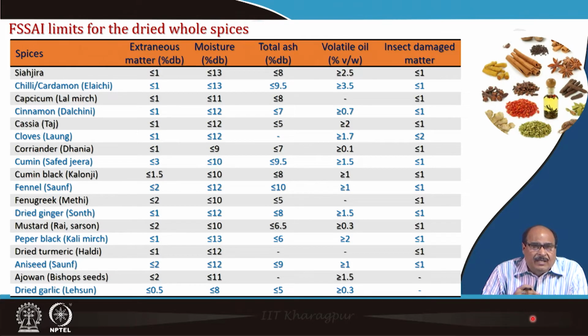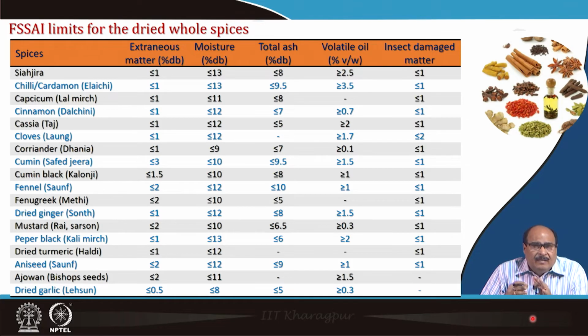For example, chili or cardamom, elaichi, should contain less than or equal to 1% extraneous matter. Moisture content should be less than or equal to 13%. Total ash, that is percent dry basis, should be less than 9.5%. Volatile oil should be more than or equal to 3.5%, and insect damaged matter should be less than 1%. Similarly, in the case of cumin seed, that we call Safed Jeera, it should be